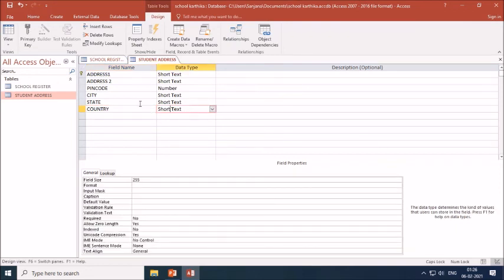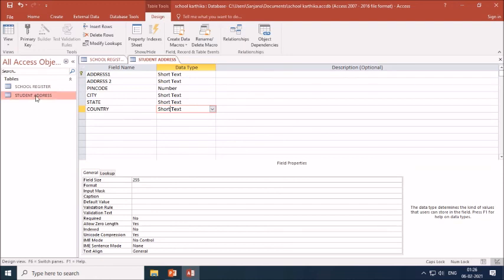So this way we have created the second table, student address, and we have made use of the structure for the table, that is field name and data types accordingly: address 1, address 2, pin code, city, state, country, and we have set the data type, how the data will be entered. That data type is fixed in this structure.